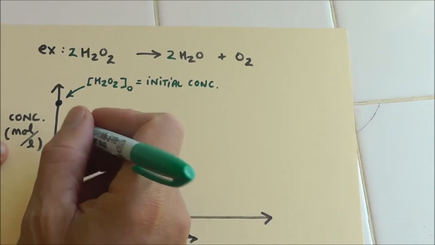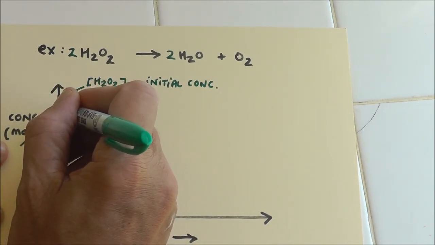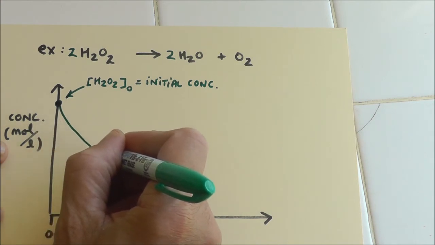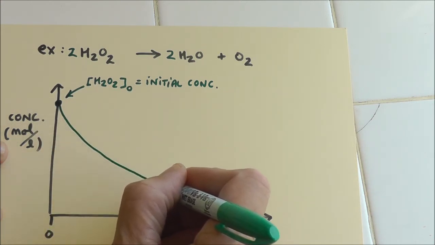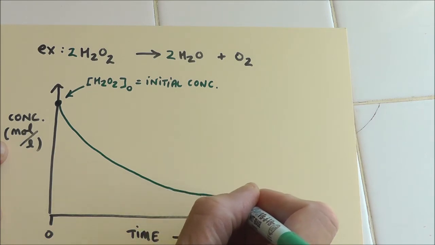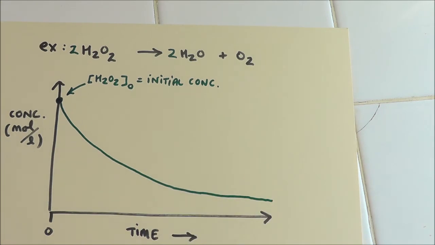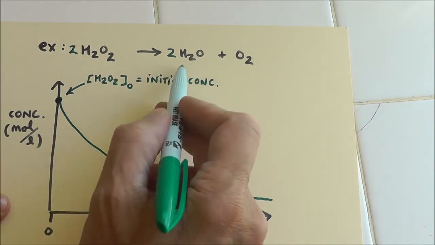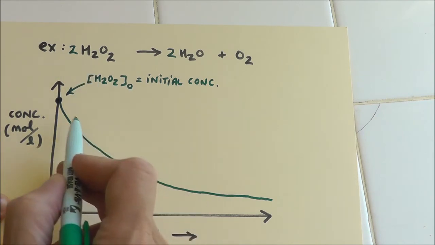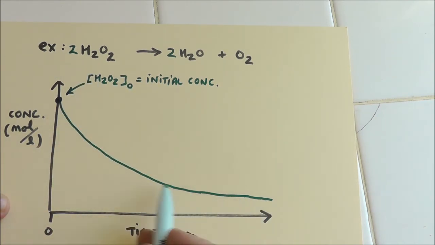The way that looks a lot of times in a chemical reaction is like this. It doesn't just blink an eye and then it's over. It kind of goes like a curve, and then it goes to 0. The kind of bad thing about that is that we now can't use simple mathematics to talk about this. We've got to start talking about logarithms, but we're not going to do that today. And then the water would increase. So the rate of change here is negative, even when it starts slowing down.